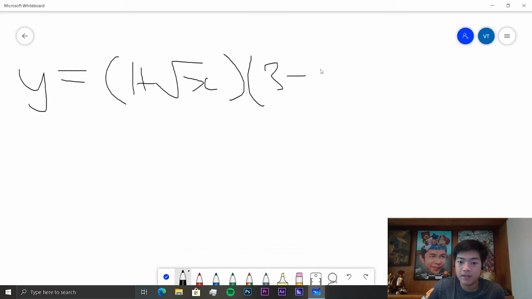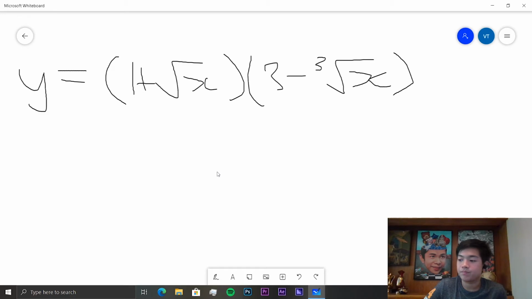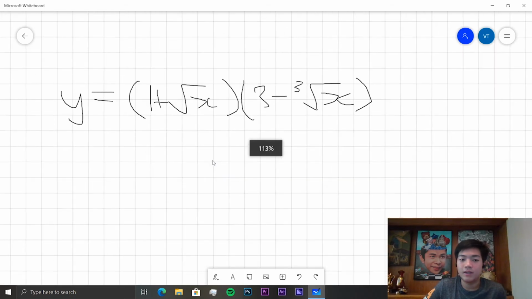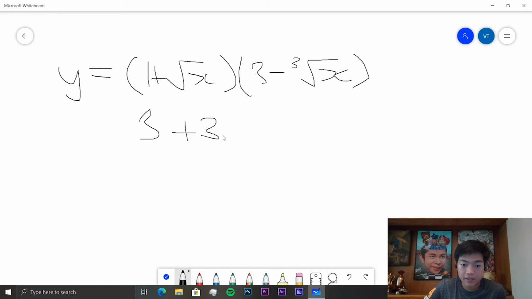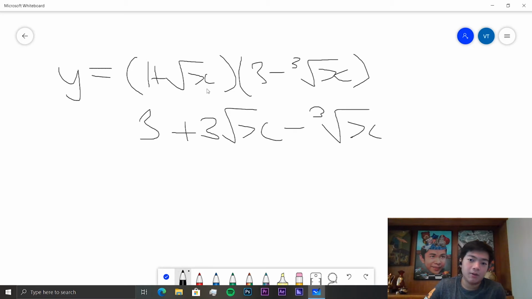times 3 minus cube root of x. So let's expand this equation. So we will get 1 times 3 is 3, plus 3 square root x minus the cube root of x. Well, what's the square root of x times the negative cube root of x? Well, that will be equal to